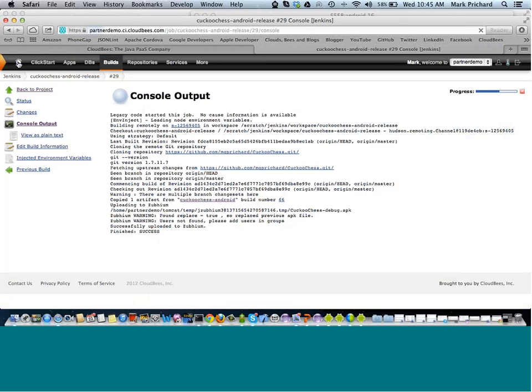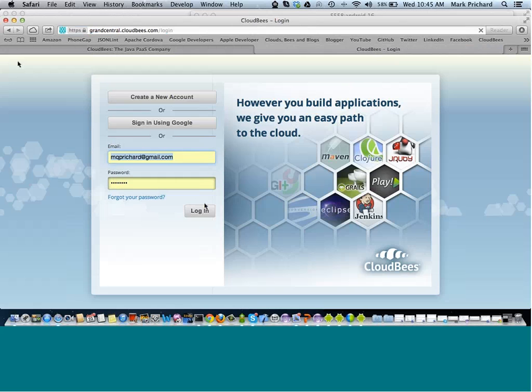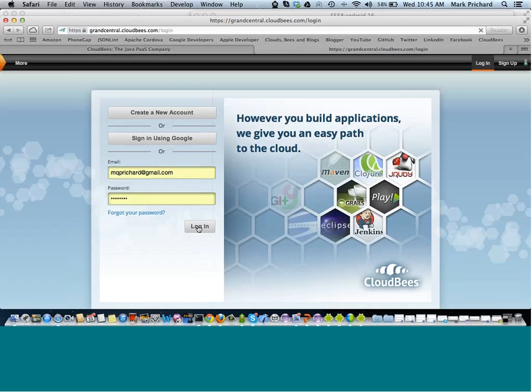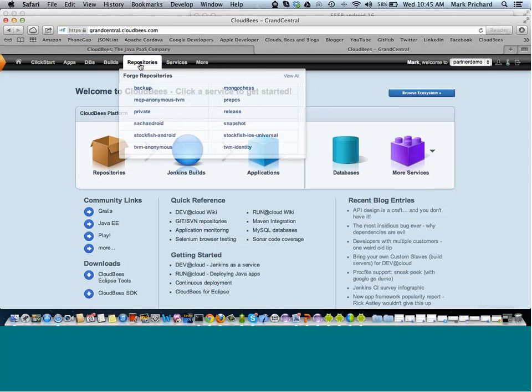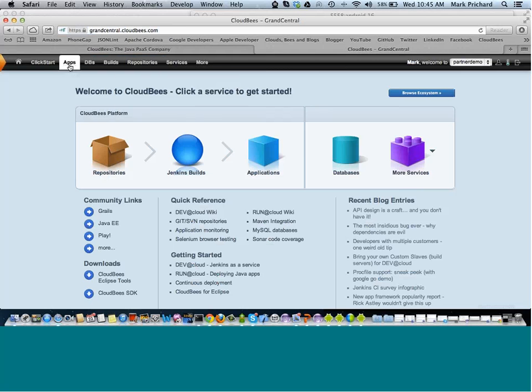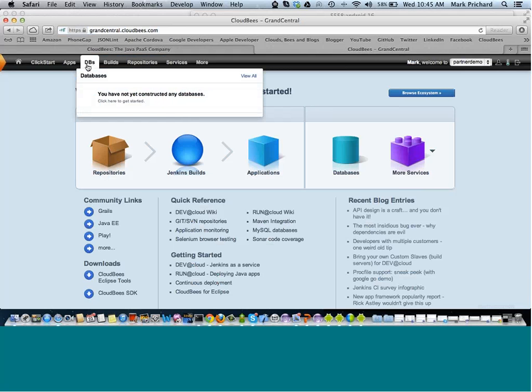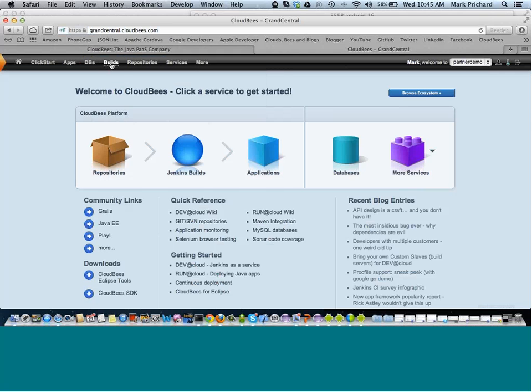And if you want to try any of these mobile build scenarios, just go to partnerdemo.ci.cloudbees.com. That'll show you exactly how you need to set it up. And again, just look at the CuckooChess example. And don't worry if you don't want to set up all the pipelines. Just look at the Android release. If you just did a simple build, all you have to do is right down at the bottom,